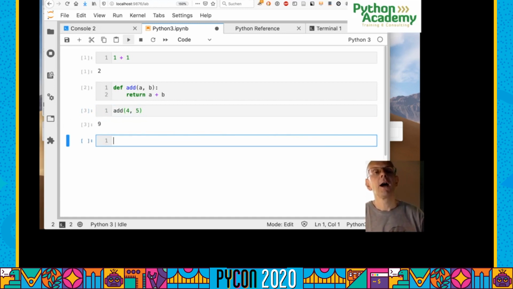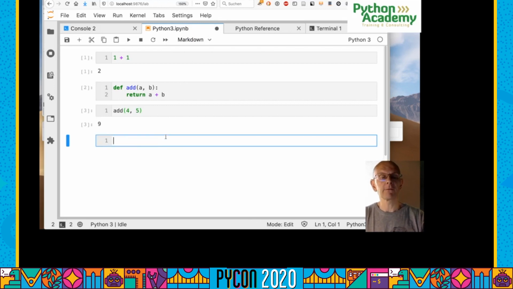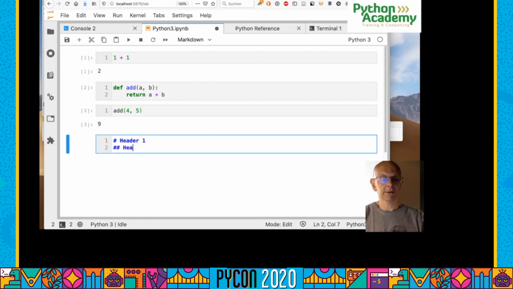In addition to this, you can also use Markdown, so you can change the type of the cell. You can do this via this menu, or also with a keyboard shortcut, which is Escape M for Markdown, and you can turn to Markdown, and then you can write Markdown. Probably you're familiar with Markdown. So Markdown is a lightweight markup language, that's why it's called Markdown, and I can write a header fourth order and a header second order, and I can write